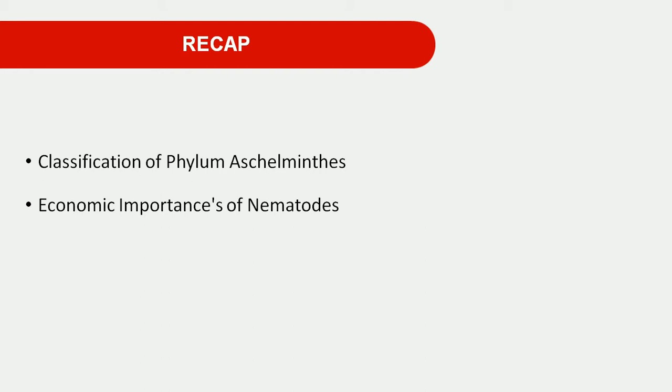Some are parasitic on human beings, like the filarial worm, pinworm, roundworm, whipworm. These are different helminth animals, pathogenically important to human health. Some nematodes also cause diseases in plants. In agriculture, most of the group are found in a free-living environment, and they cause diseases in the plant body. Some nematodes also affect the body of some domestic animals. That whole part we discussed in the previous session.